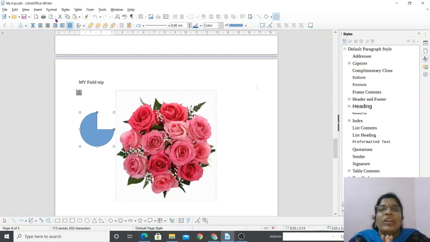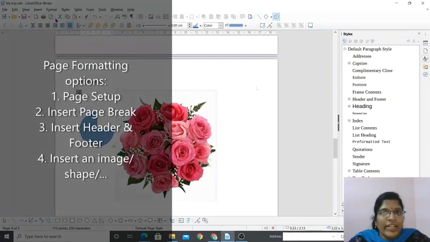Clear? So we are talking about page formatting. So far we studied about what type of page formatting we can do. The first one, page setup. Okay, type of orientation, that is portrait or a landscape. Then size of the paper we selected. The second thing, we inserted a page break using insert tab. Then we inserted header and footer, page number and headings we added. Then next we